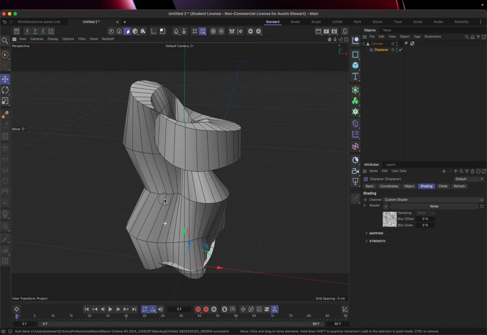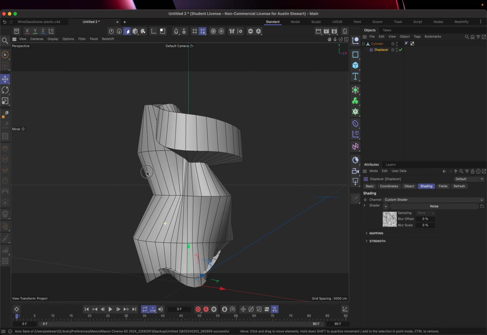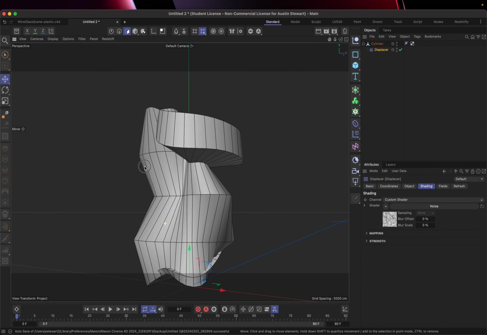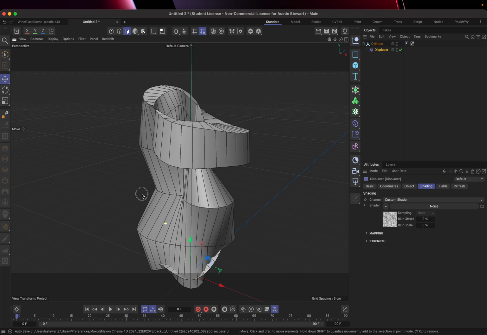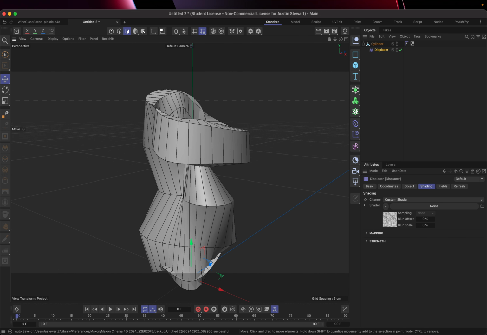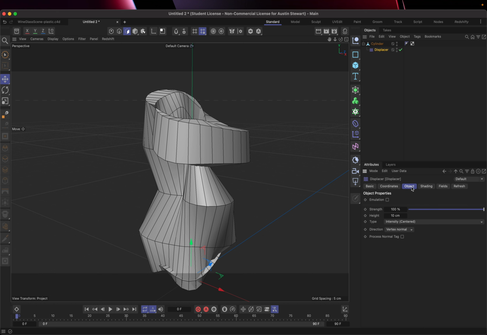Right? Like this is a little crazy, but you can kind of see immediately what happens and how much deviation and change we can have occur on the surface of an object. So I'm going to start by clicking on my object tab over here on my displacer,